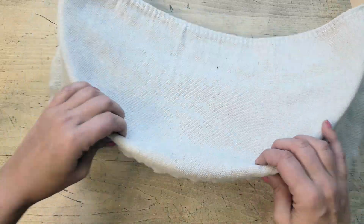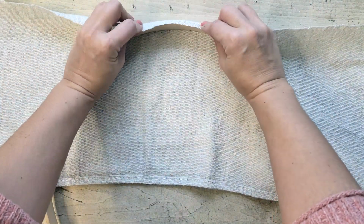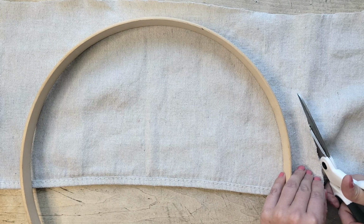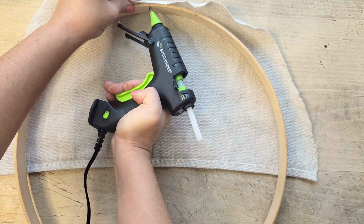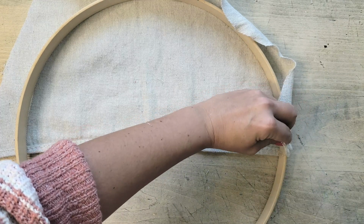Lay the drop cloth across the front of your embroidery hoop and flip the hoop over so that you're facing the back side. And using a pair of scissors, cut your drop cloth so that you end up with enough cloth to cover the hoop plus a little bit on the inside of the rim that you can hot glue down. Start by gluing the center part of the drop cloth down into place